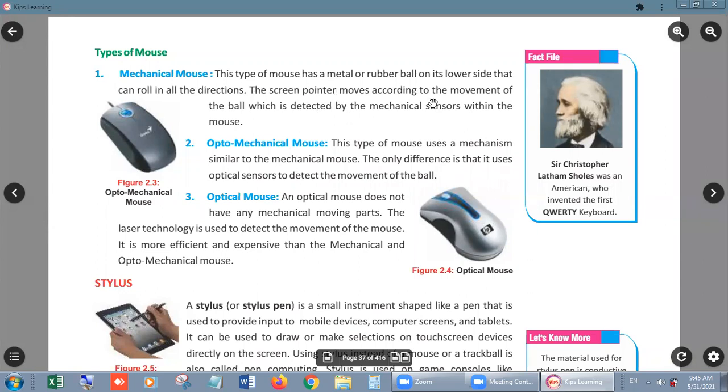The screen pointer moves according to the movement of the ball, which is detected by the mechanical sensor within the mouse. Look students, that was the mouse. I'm going to show you the picture of it so that you can understand this.